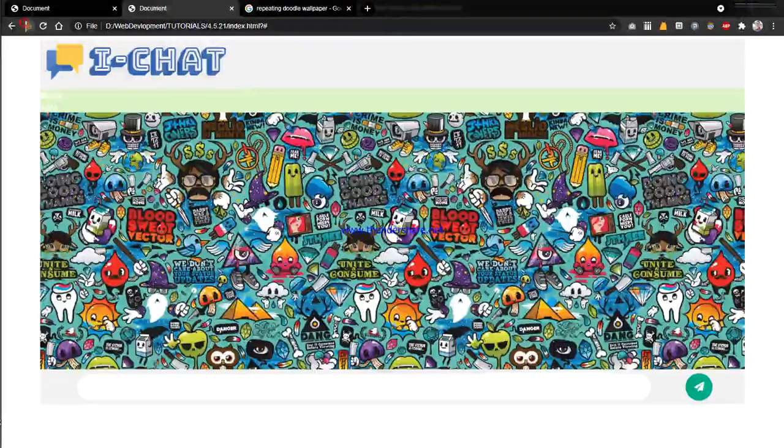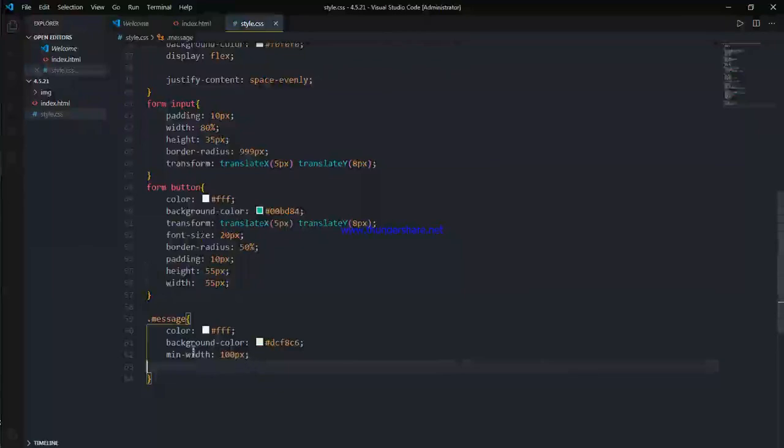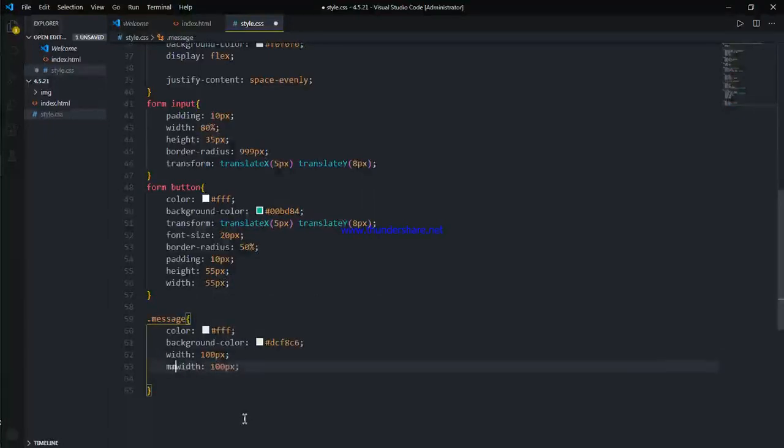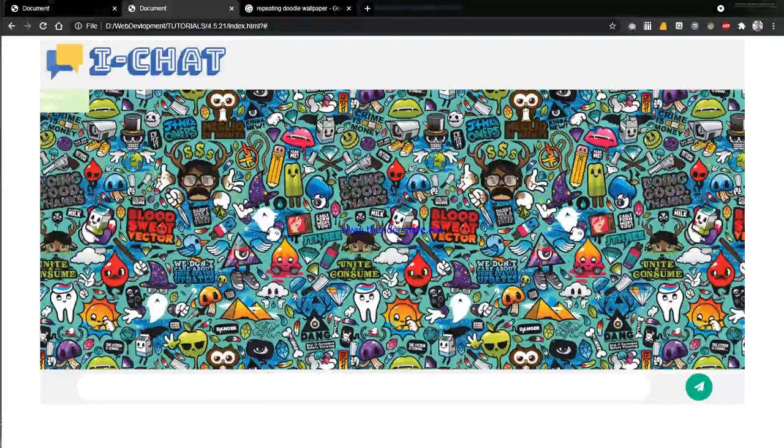Maximum width. Maximum width should be like 90% of the width.